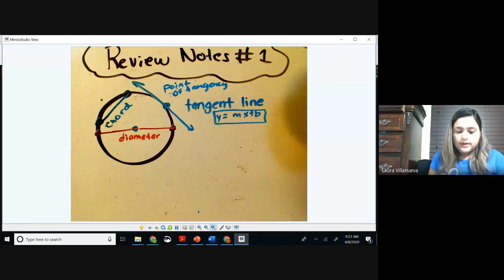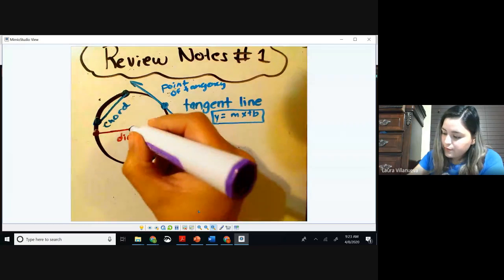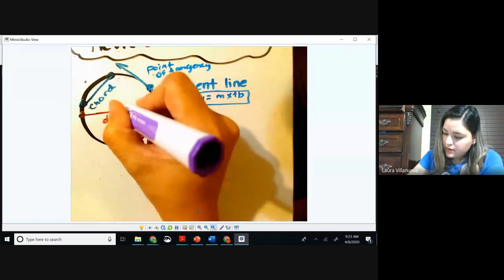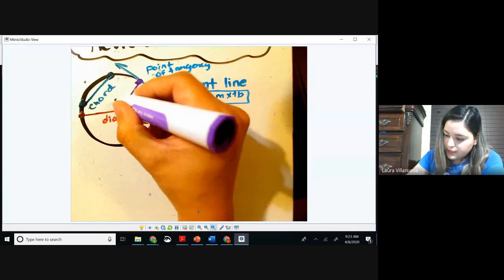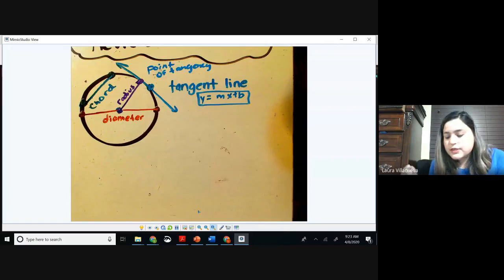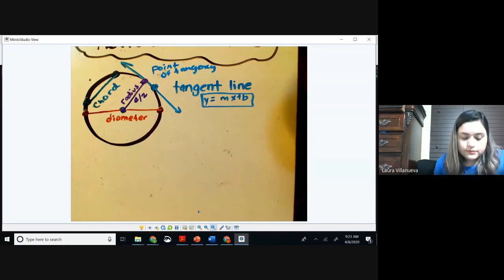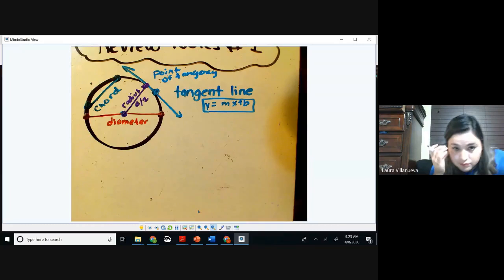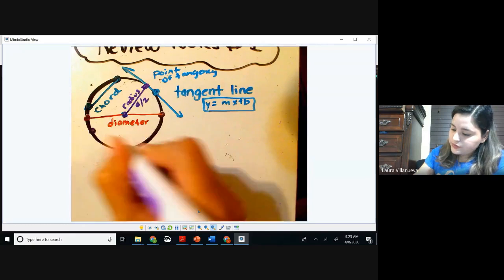And then you're going to have, if you have a point in the center, this is called the radius. And remember that the radius is the diameter divided by 2. Okay? You're good? And then you have from one point to another point,